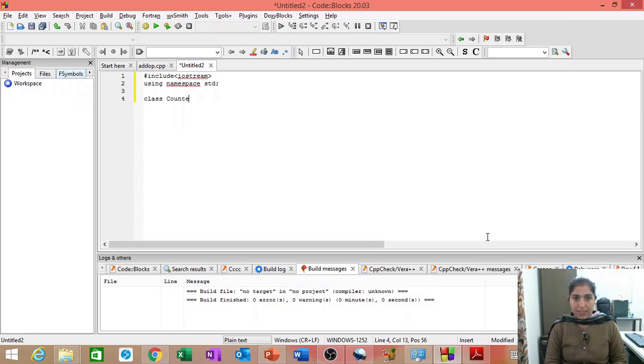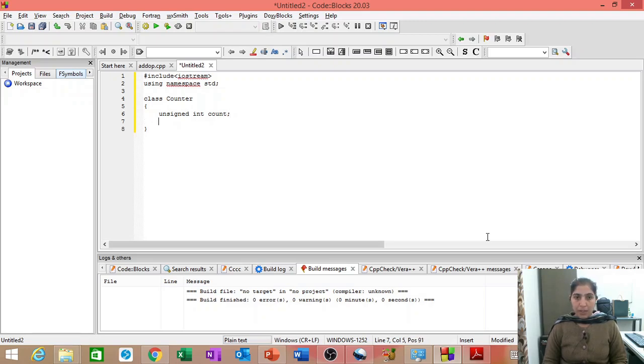Suppose the name of the class is counter, and here let us create a variable unsigned int count. Why unsigned? Because we want this count to be a non-negative number.